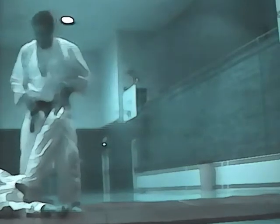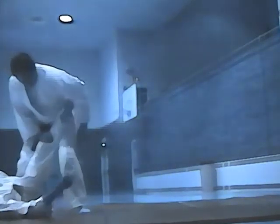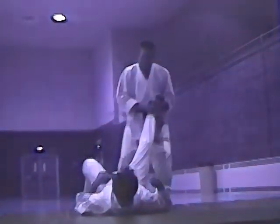So we go real slow with these techniques because we don't want to hurt our opponent, especially when you're blending joint locks with strikes. He's going for an ankle lock here at this point, switching him around, turning him around, throwing that leg in, and trying to be real careful with not hurting his opponent. Comes up underneath again with a front kick so that it's on his shoulder, spins to get the trip, knee to the groin or to the leg,